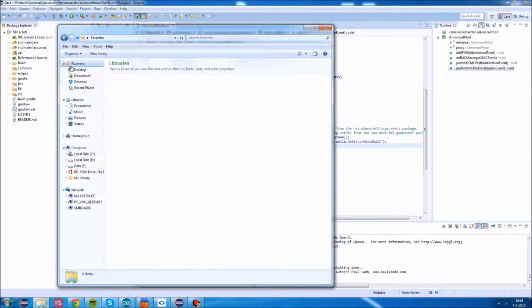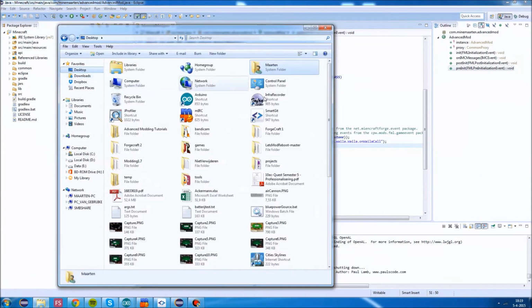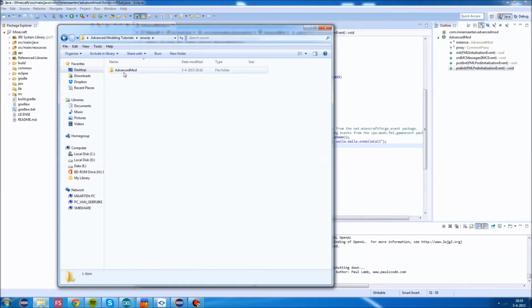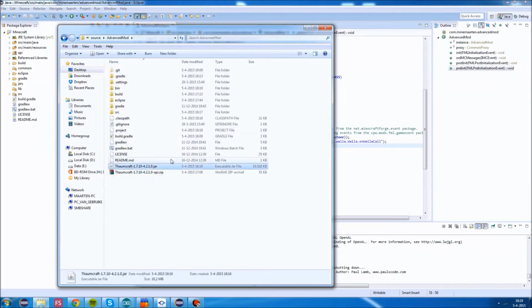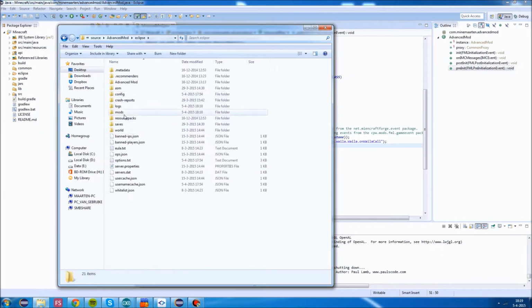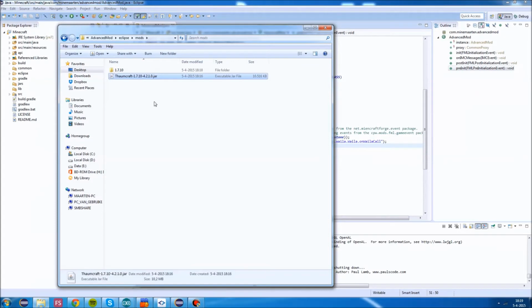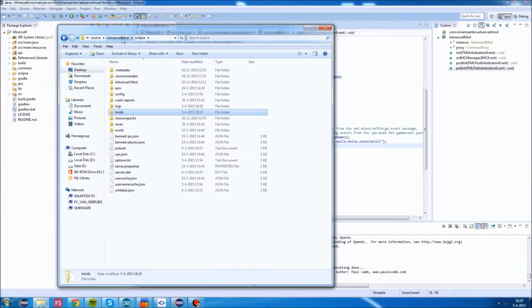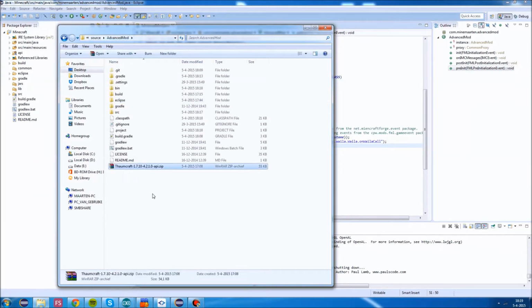And we can take this jar and actually put it in our Eclipse mods folder. So this is basically your mods folder of an instance, and you can just drop it in there. And that's quite special actually, because when it's a jar,